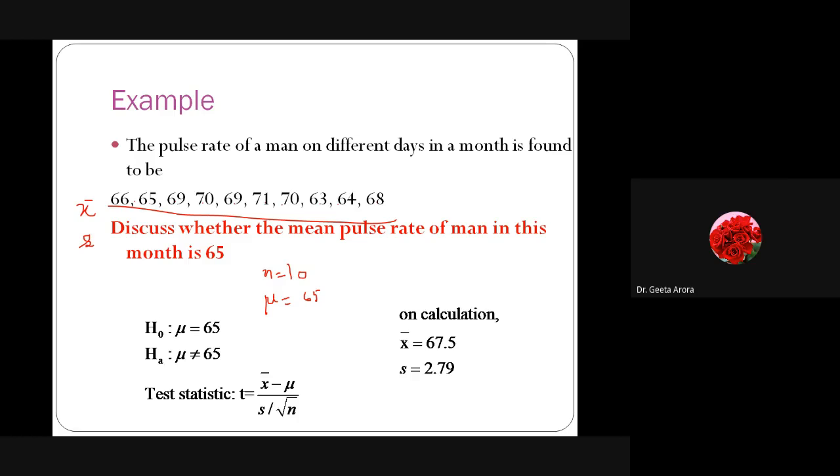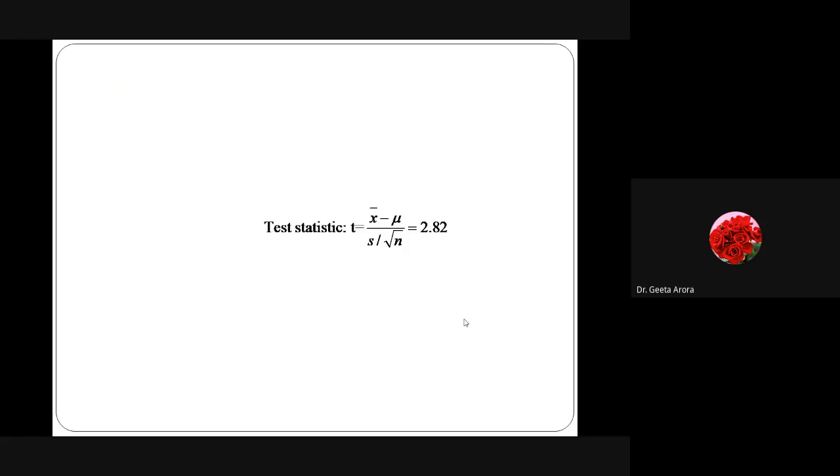So here we have written, the x bar is coming as 67.5 and s is coming as 2.79. Correct? And I'm substituting all the values required for the t-test. We are getting the value as 2.82. Now what we can say again, and not Himanshu only, I need the response from all others also, that at 5% level of significance, the t alpha at 9 degrees of freedom, because we have total 10 items, is given by 2.262, and the t calculated value is 2.82.